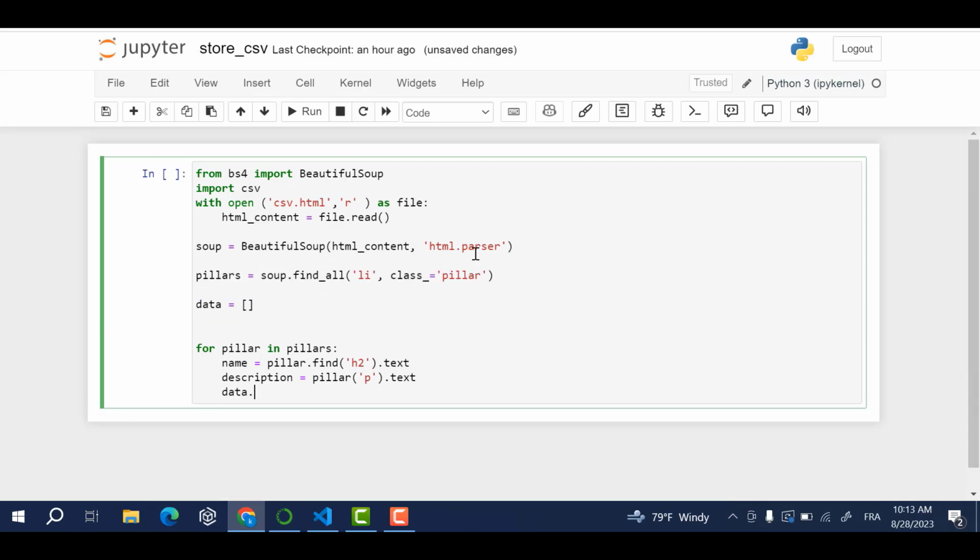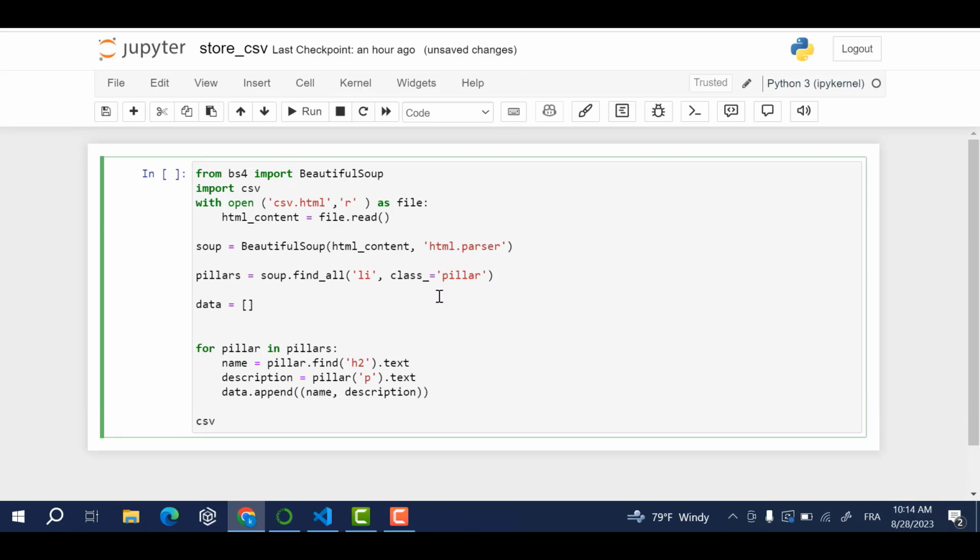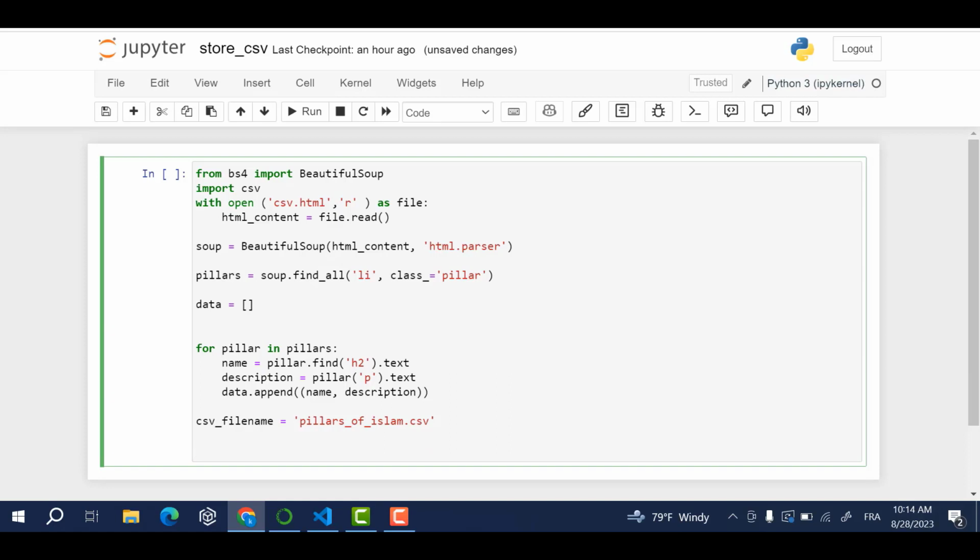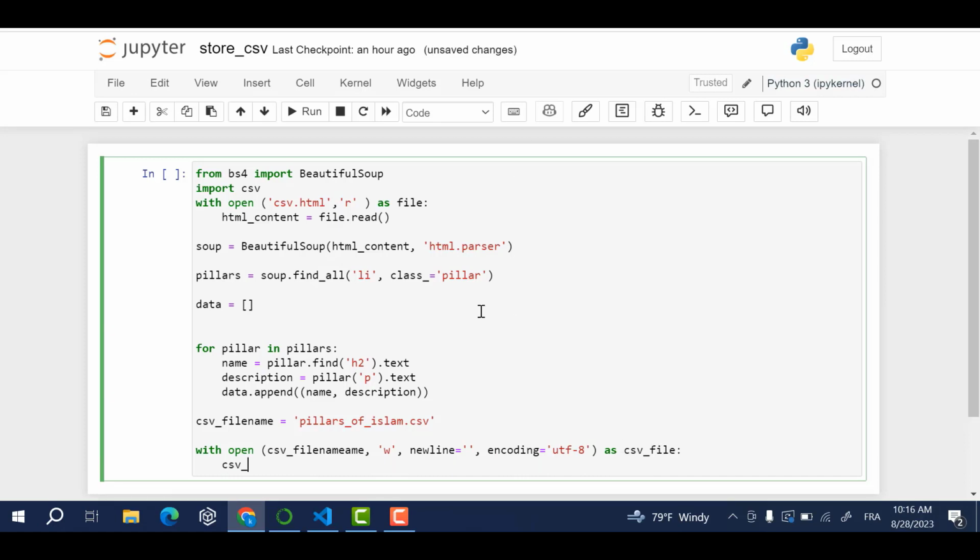So data.append(name, description), and then I will create my CSV file. So csv_file_name equal to pillars_of_islam.csv, and then I will open it in writing mode. So with open csv_file_name in writing mode, then newline, and then encoding equal UTF-8 as csv_file, csv_writer equal